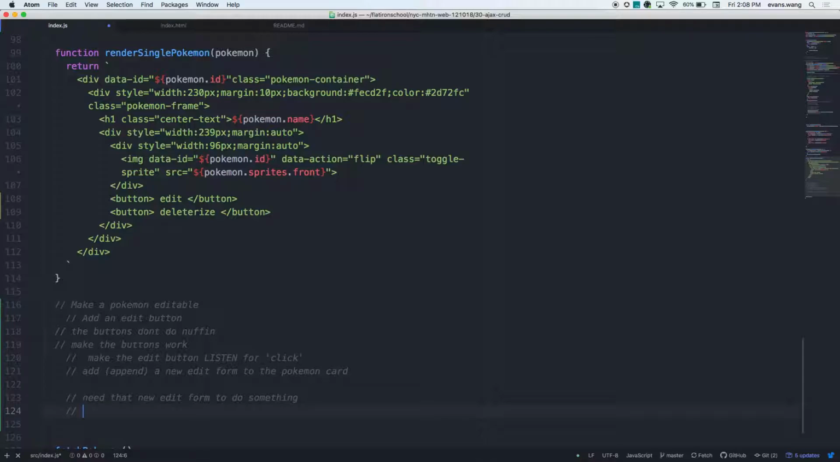Well, what happens to forms? What do the users do? They submit them, right? So I need to probably